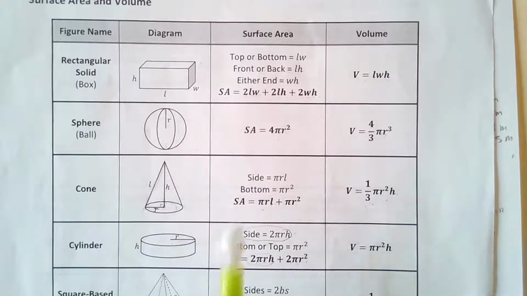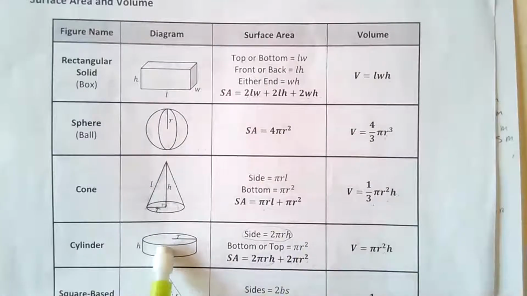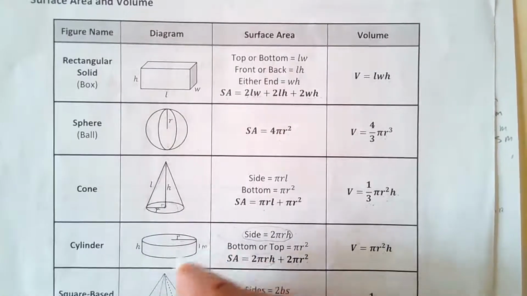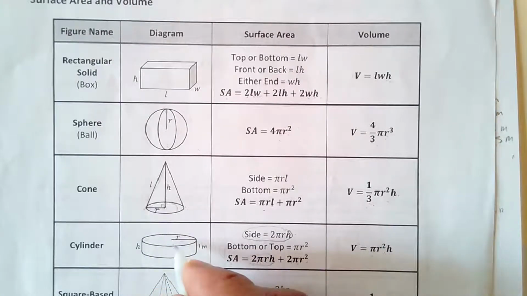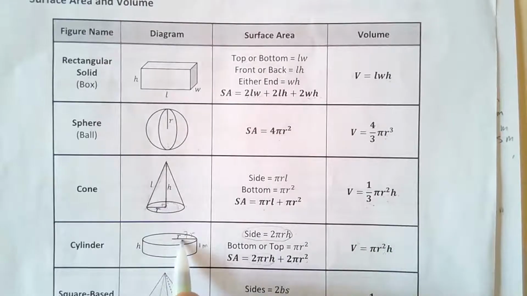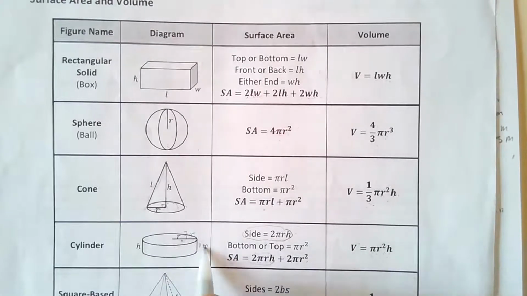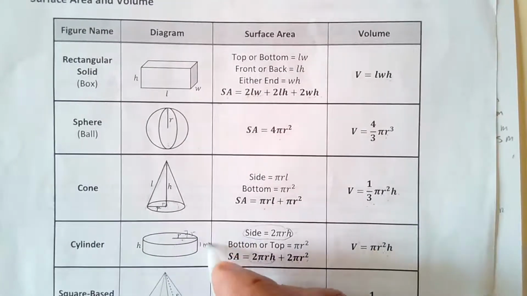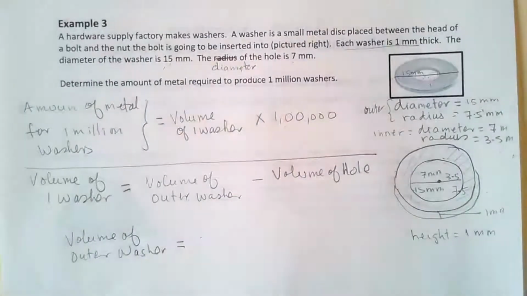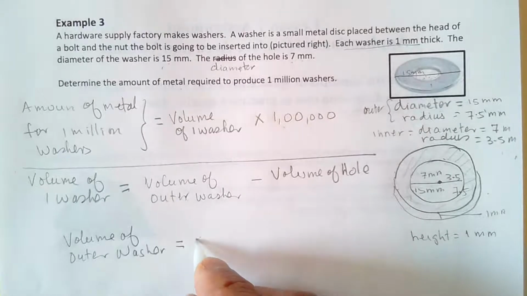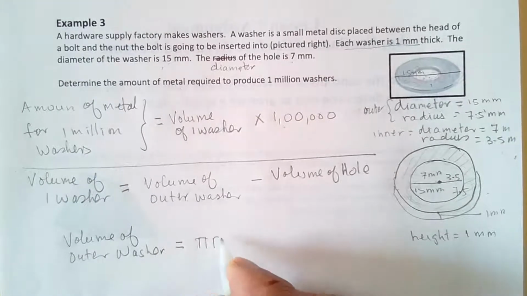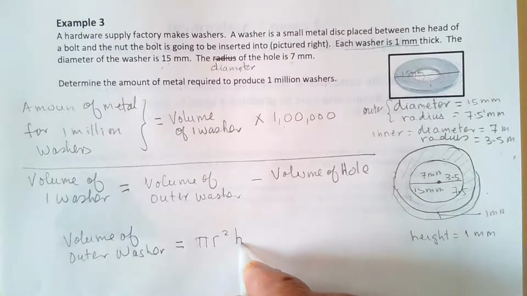Let's imagine now you have a washer without any hole in it. And in this case, we have 1 millimeter here, and the entire cross here is 15, so it'd be 7.5. So R is 7.5, the height is 1. So move this here. So volume is pi r squared times the height